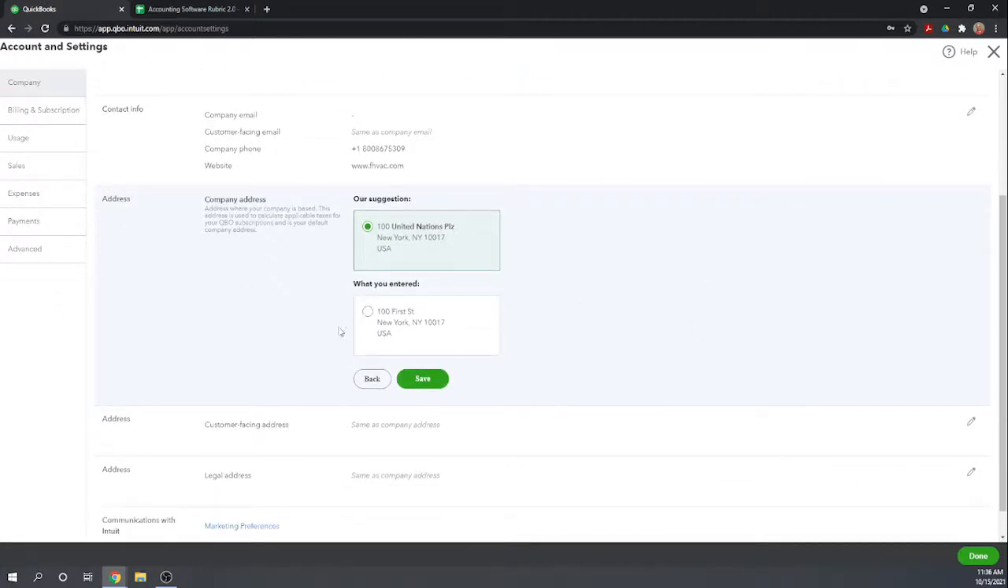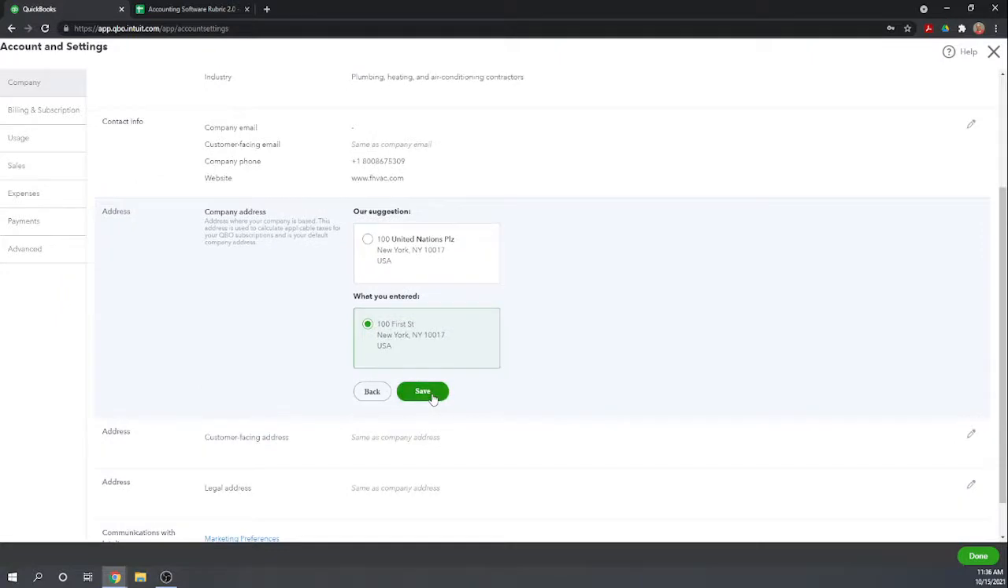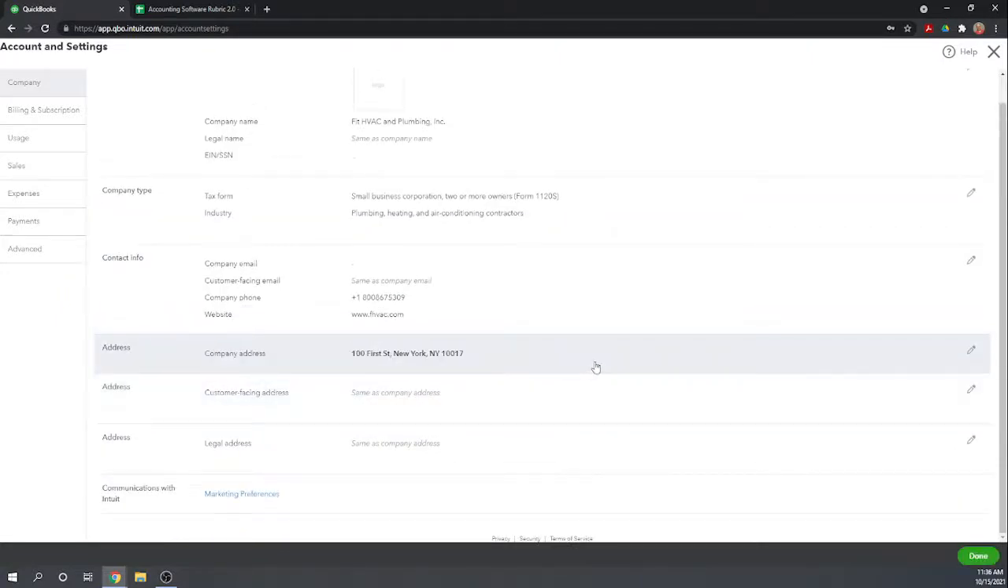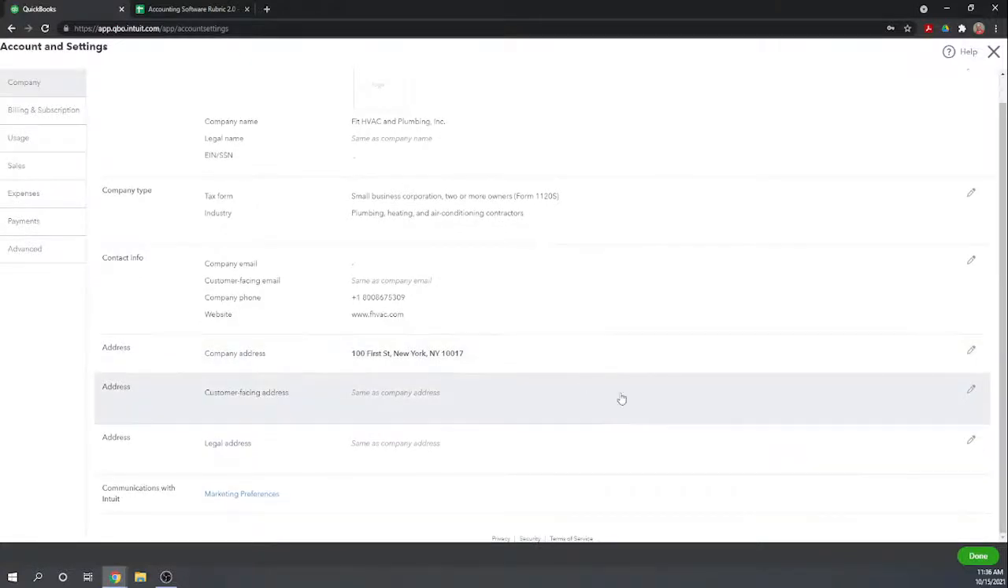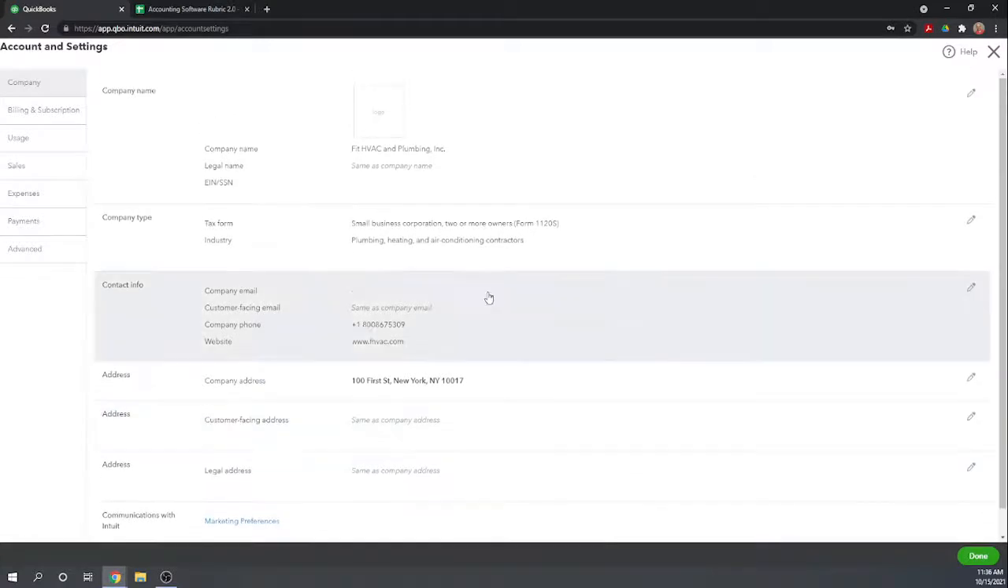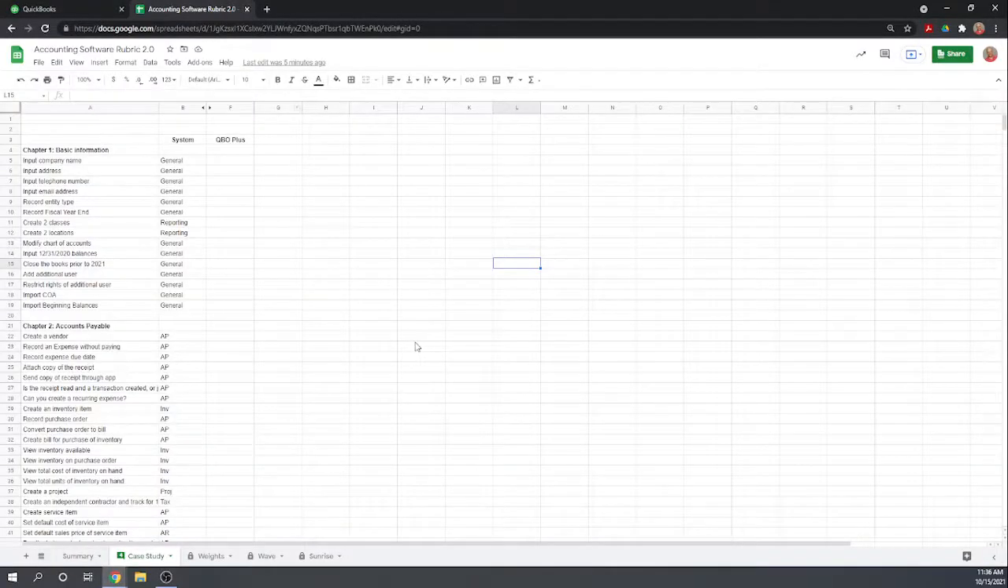Our suggestions, it's a made-up address, so it's doing a good job of double checking all of our data for us, but because this is a case study, a lot of our stuff is made up. Customer facing address, let's keep that the same. Legal address, let's keep that the same. Okay, so we've entered our email address, telephone number, company name, and address. So let's jump over here to our scorecard. We were able to do the name, address, telephone number, email address, entity type. Okay,